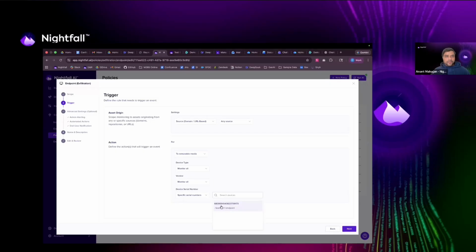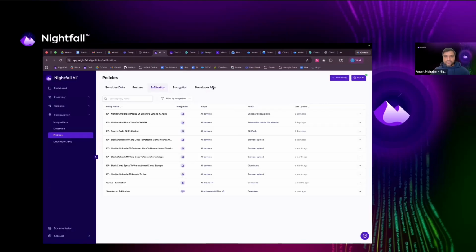So this is the serial number of my USB device. So if the same USB device has been seen on multiple endpoints, you're going to see that metadata in here. So that's pretty handy. So you could tailor your policies accordingly. So this is the new exfiltration vector that you will see very shortly in the Nightfall console. With that,